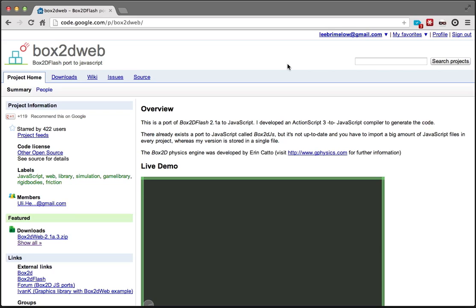So Box2D has long been kind of the de facto physics engine for building games. And in the Flash world, we've always had a nice ActionScript port of that. Well, this now exists also for JavaScript. So if you want to do canvas-based games or just any type of physics simulation, we now have Box2D available